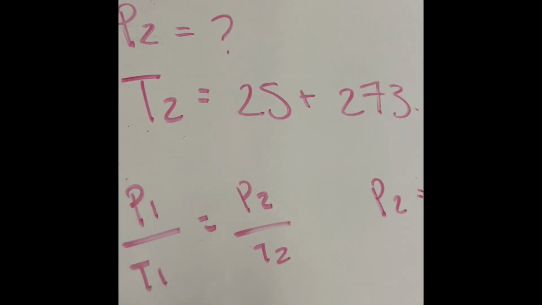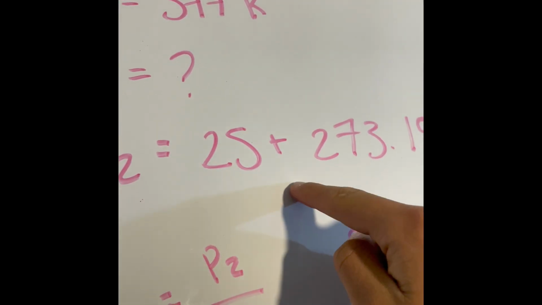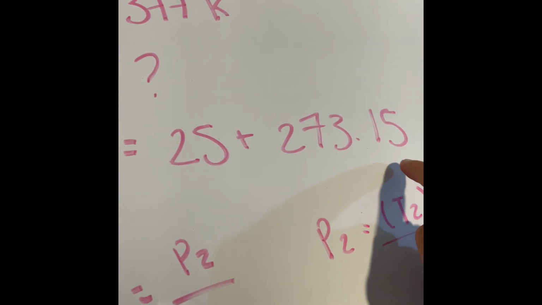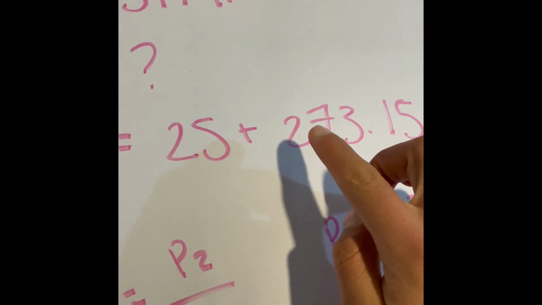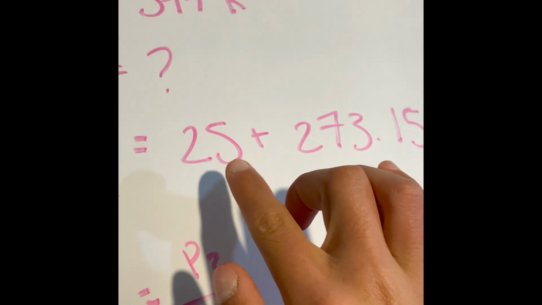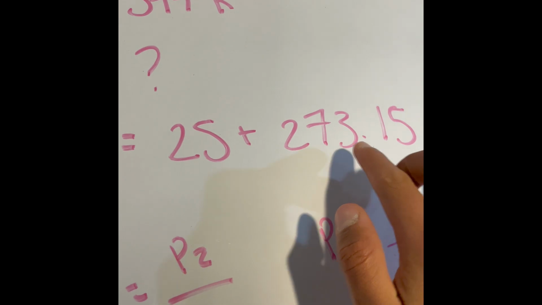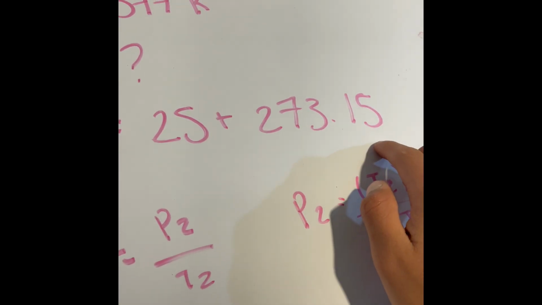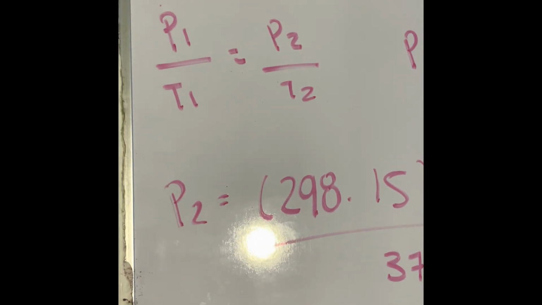Then the P2 we don't know, and the T2 equals 25 plus 273.15, because I explained that every time we want to convert 25 Celsius to Kelvins, we need to add 273.15, and then we got